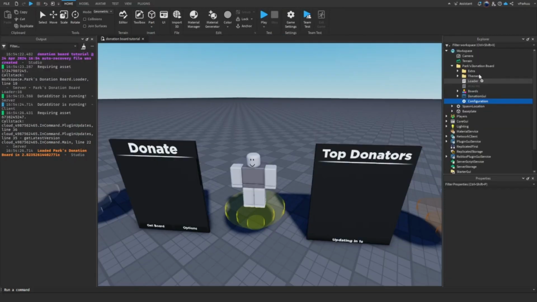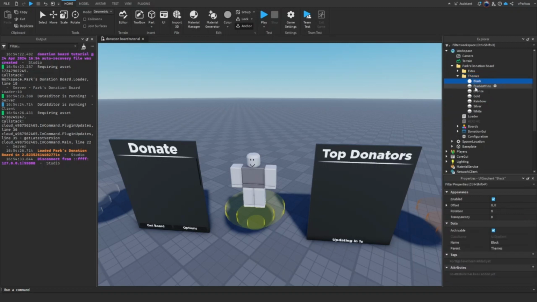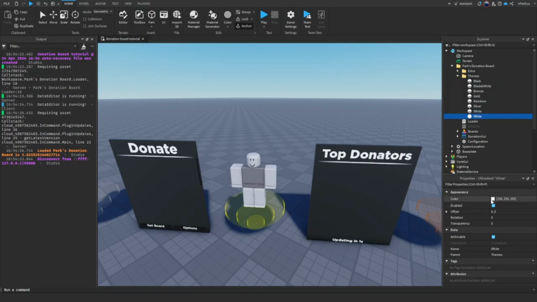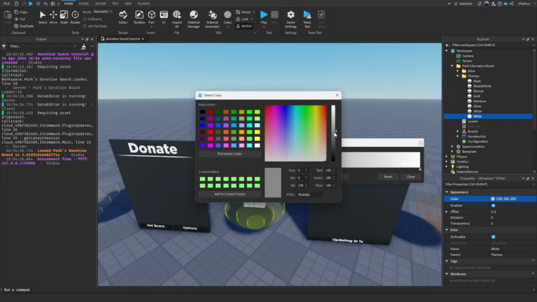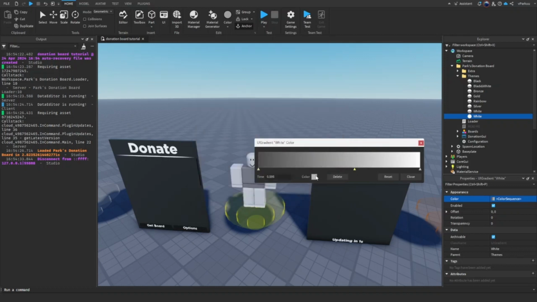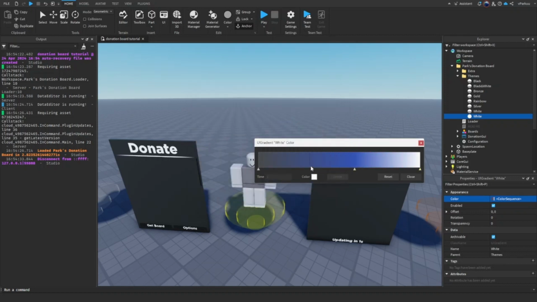So if I set it to, there's a themes folder, by the way. There's all the themes you can use. You can add your own theme. To add your own theme, you're gonna add a UI gradient, and then in the properties tab, you're gonna click the color, and then click these 3 dots, and then right here you can edit the gradient. You can add more points, more colors, and then you can move it to